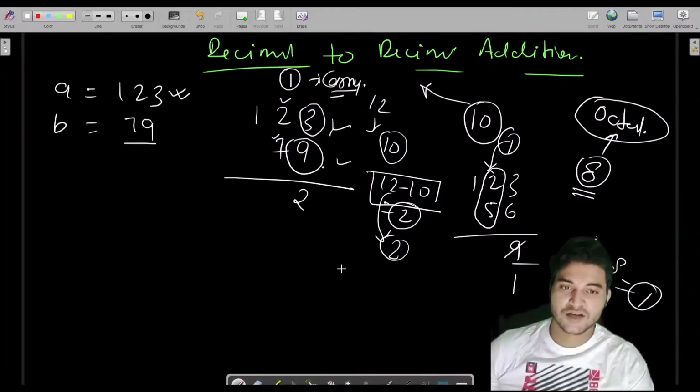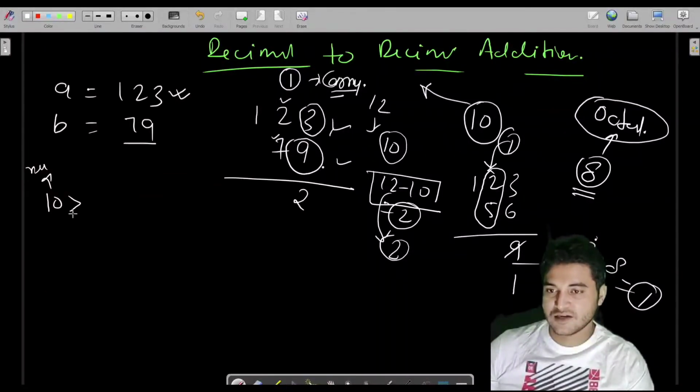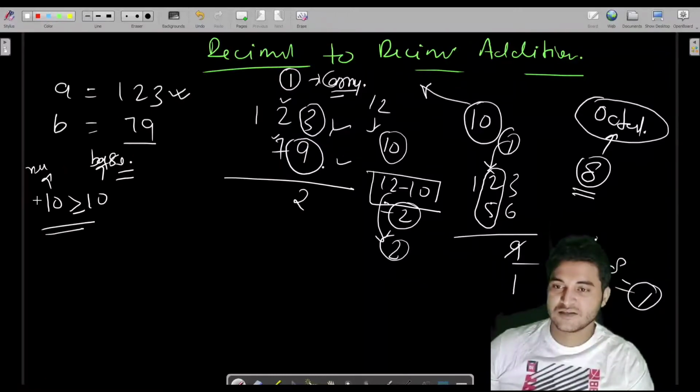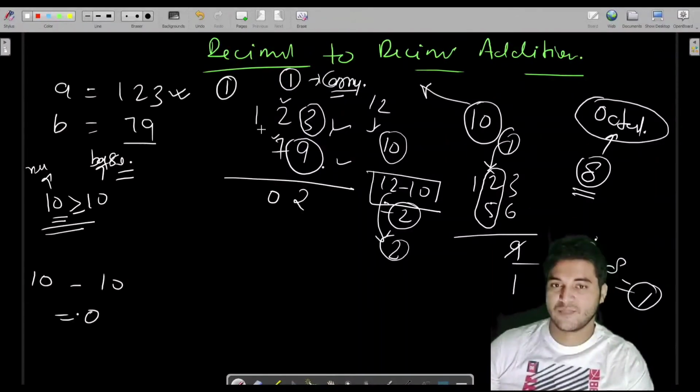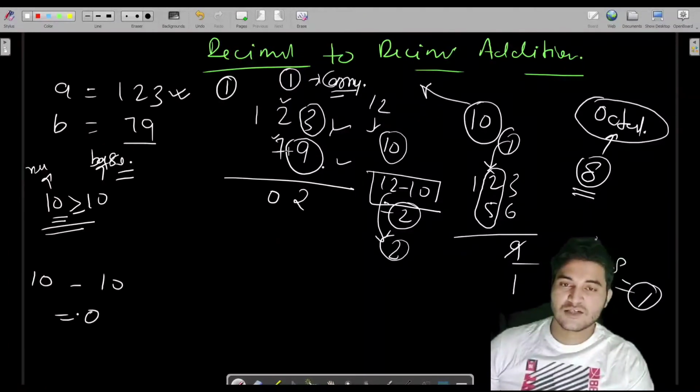So we check again: if 10, which is the result of the addition of these two digits, is greater than or equal to the base, which is the decimal base, this satisfies the condition because it is equal. Then we subtract the base from the result, we get 0, and we write 0 here and take carry 1 again. Fine. So the last two digits are done.